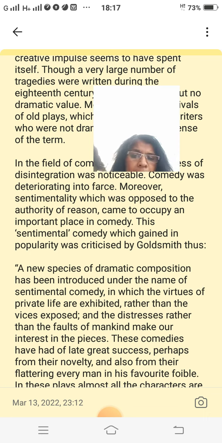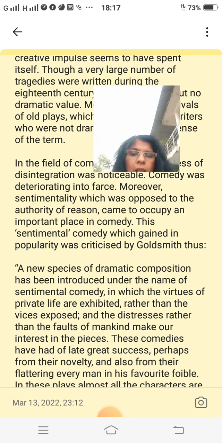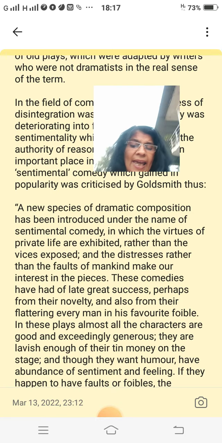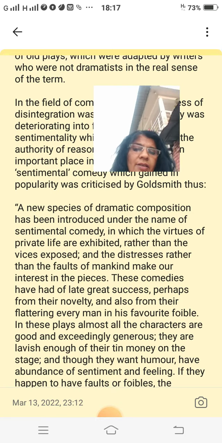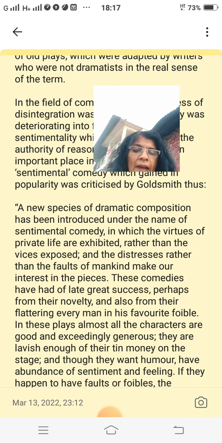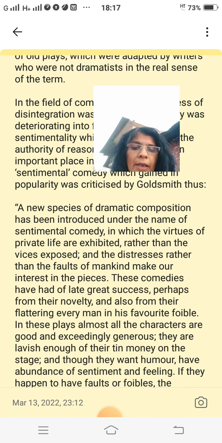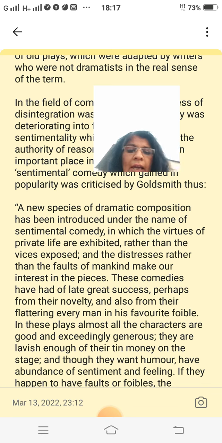flattering every man in the favorite foible. In these plays, almost all the characters are good and exceedingly generous. They are lavish enough of their money on the stage, and though they have little humor, they have abundance of sentiment and feeling. If they happen to have faults or foibles,